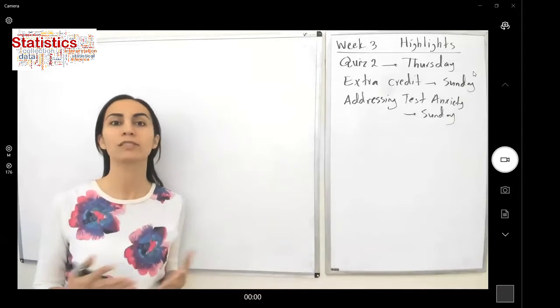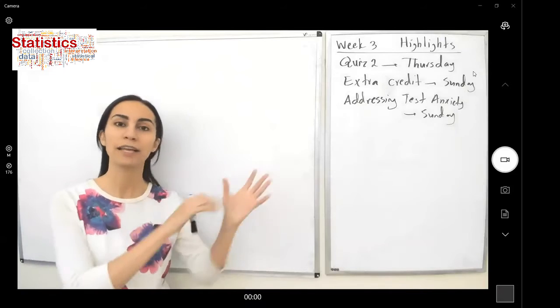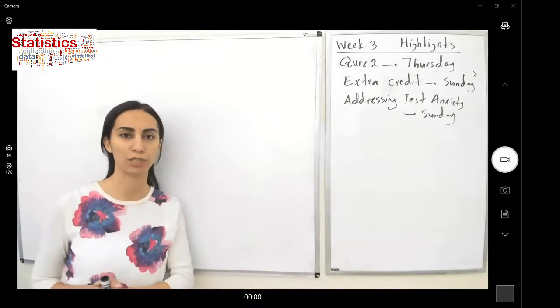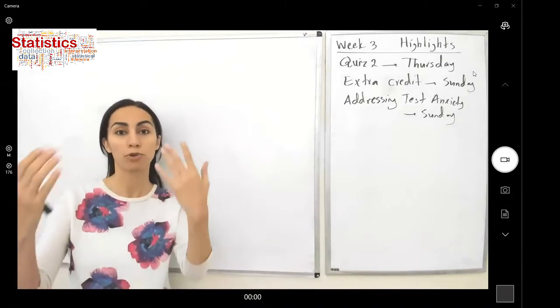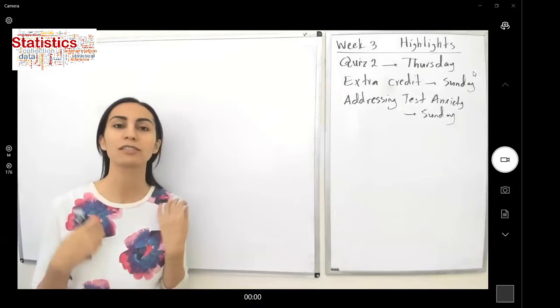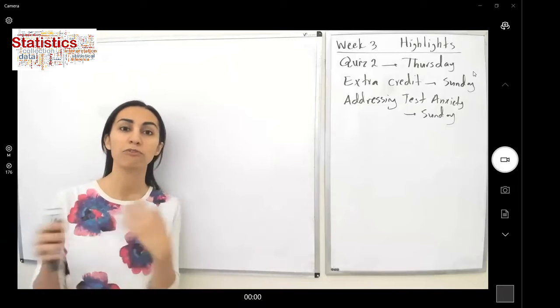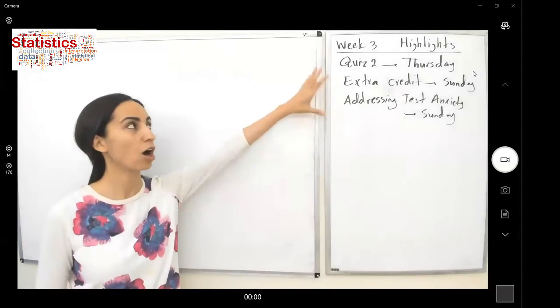So we're almost done with chapter 3. There are some concepts that later on I'm going to talk about. Those concepts are coming from chapter 3, but we just went over the introduction about probability yesterday. Today we're going to actually start chapter 4. Before starting chapter 4, before talking about the objectives for chapter 4, let's take a look at the highlights for